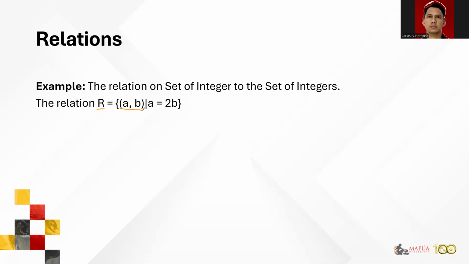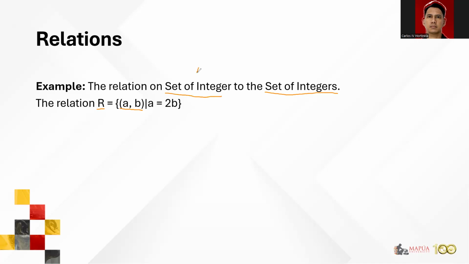In this case, it comprises two different elements called A and B, which come from the set of integers. So what does it mean? A is an integer number joined together with what? B. And what is B? B is also an integer number. So hence this relation is called from the set of integers to the set of integers, wherein